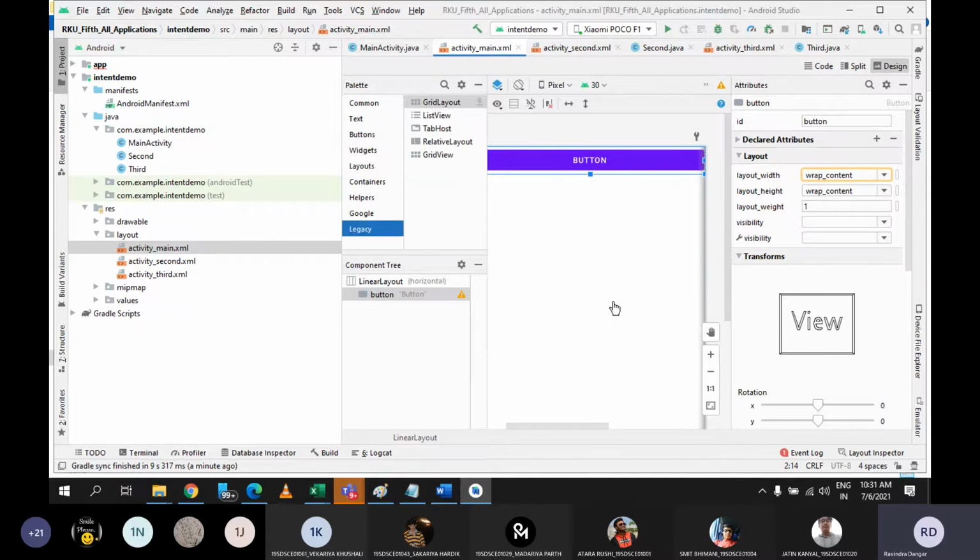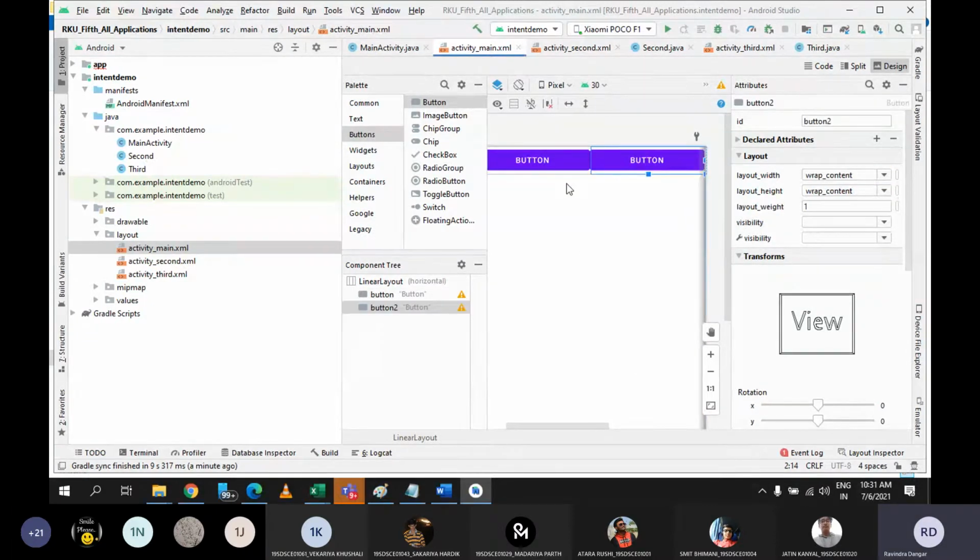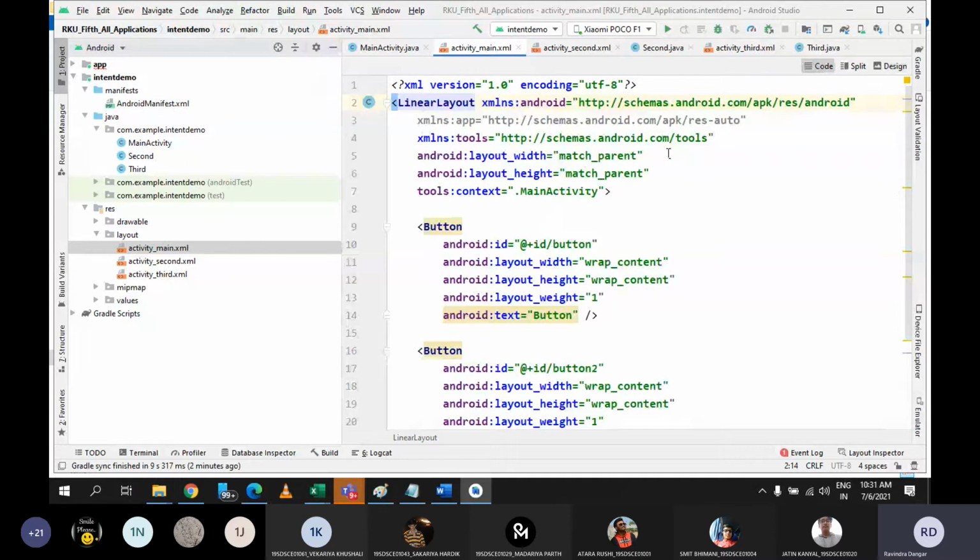Similarly, if I place one more button, if I drag it here, then also you can see by default it has adjusted automatically. Why? Because I am using linear layout, and linear layout says you can arrange all the components in the linear fashion, but you can change the orientation pattern. As of now, the components are placing in horizontal orientation. Now instead of horizontal, if I place vertical, see by default it is horizontal. Here there is one property which is orientation.